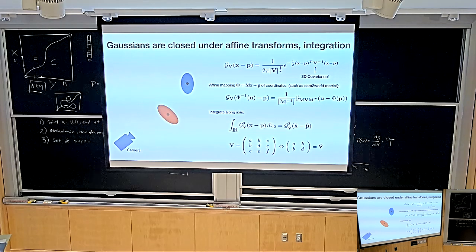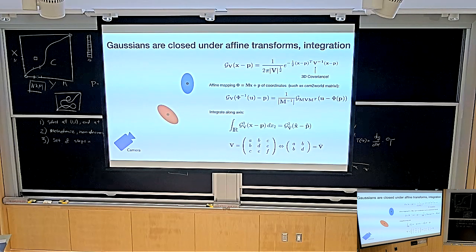So the thing that you get out is, in fact, a 2D Gaussian. So when you integrate, which makes sense, you're basically projecting out, and maybe you already see how this might end up being useful. You're basically projecting out one of the axes, and when you project out one of the axes, it turns out that you get out a 2D covariance matrix. And it turns out the 2D covariance matrix is actually you drop the third column and the third row of the 3D covariance matrix.